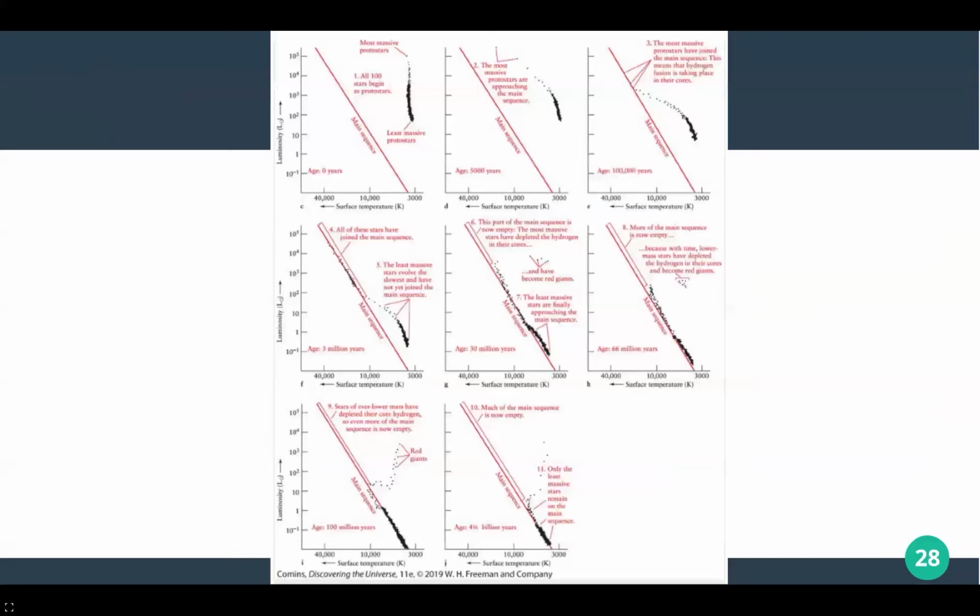Then, as time passes, the more massive main sequence stars begin to become giants, which creates a turn-off point where the age and mass of the turn-off point will give us an idea of how old the globular cluster itself is.